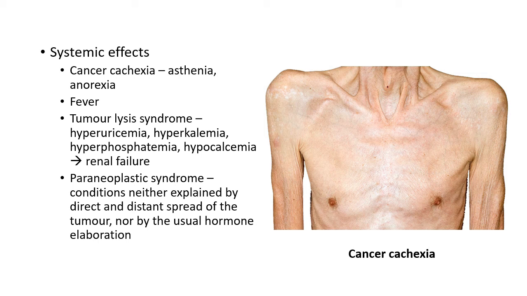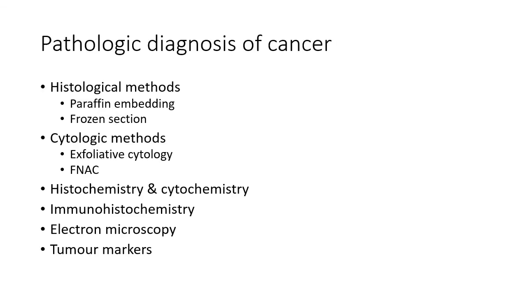gravis, osseous, joint and soft tissue conditions like hypertrophic osteoarthropathy, hematologic syndromes like thrombophlebitis, gastrointestinal syndromes like malabsorption, renal syndromes like nephrotic syndrome, cutaneous syndromes like acanthosis nigricans, amyloidosis, all these. A detailed table is there in the textbook by Harsh Mohan. You can see that. Now moving on to the next section, that is pathologic or laboratory diagnosis of cancer.